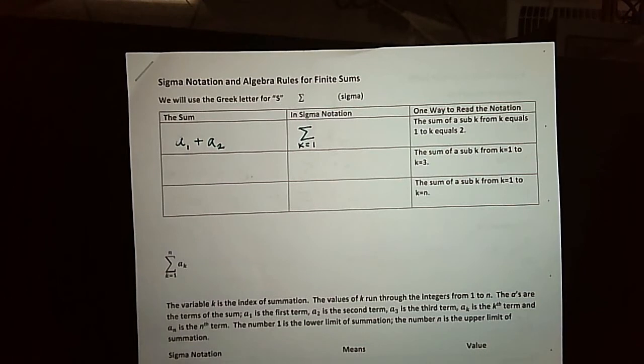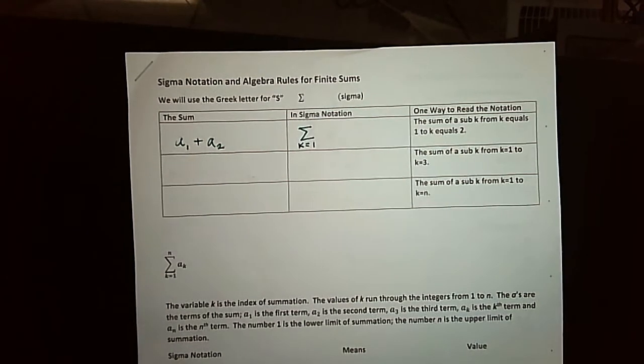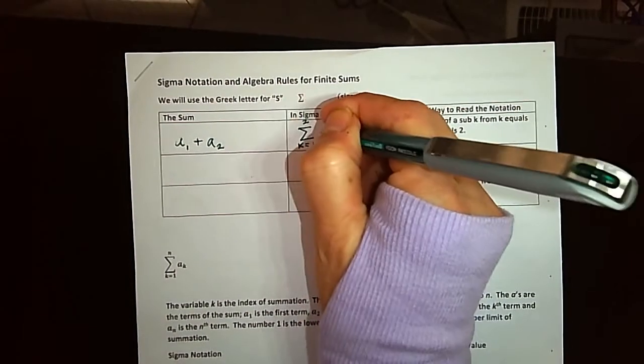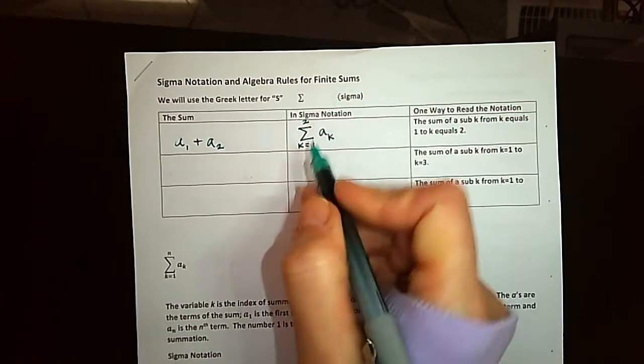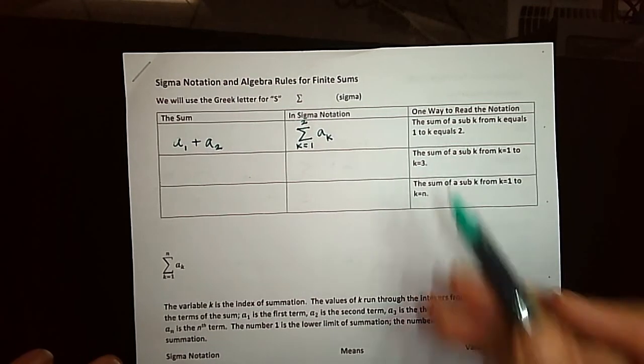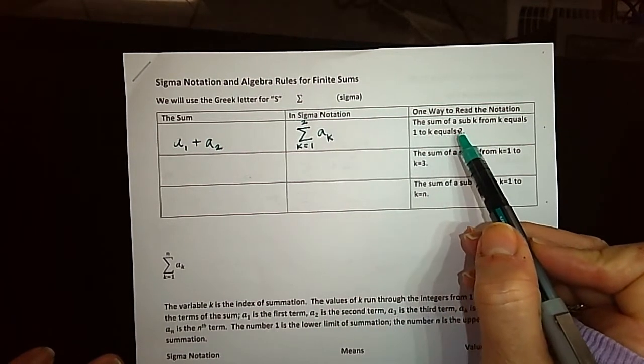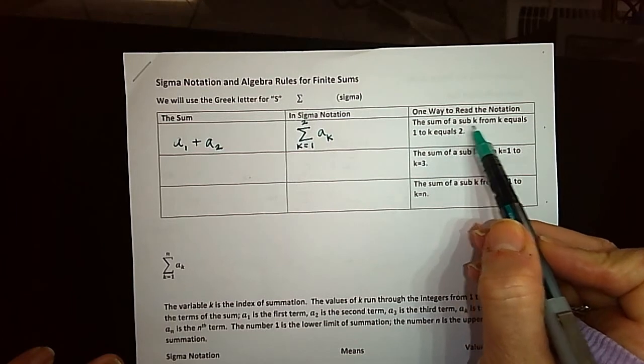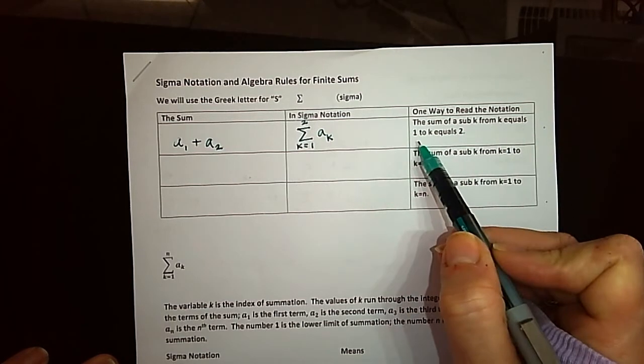Of a sub k. And this notation would represent exactly the same thing that I have written over there, where I just have the two sums. Okay, so this represents the sum of a sub k from k equals 1 to k equals